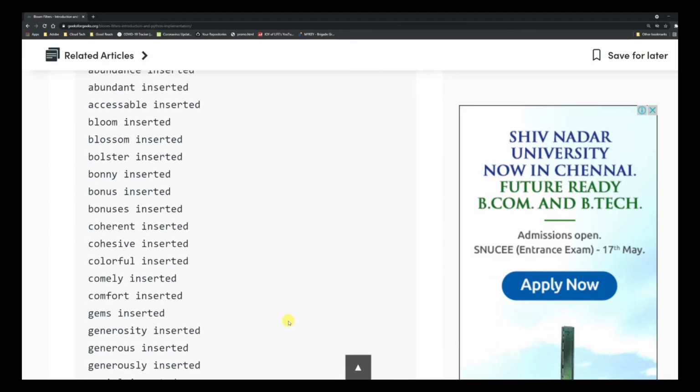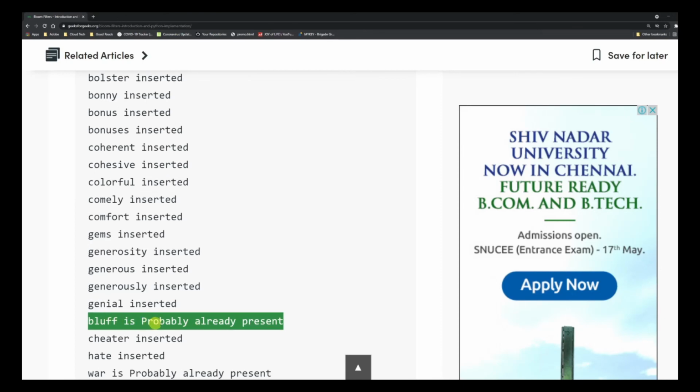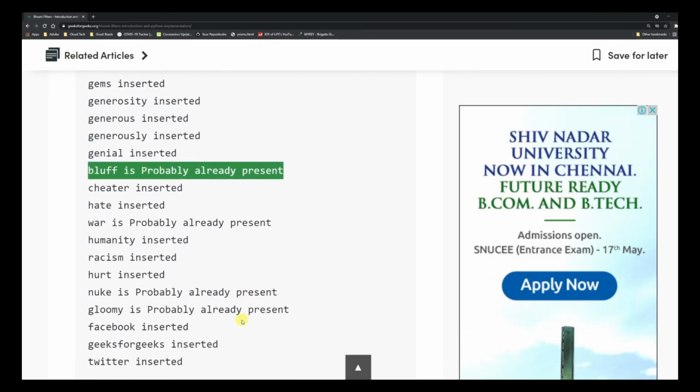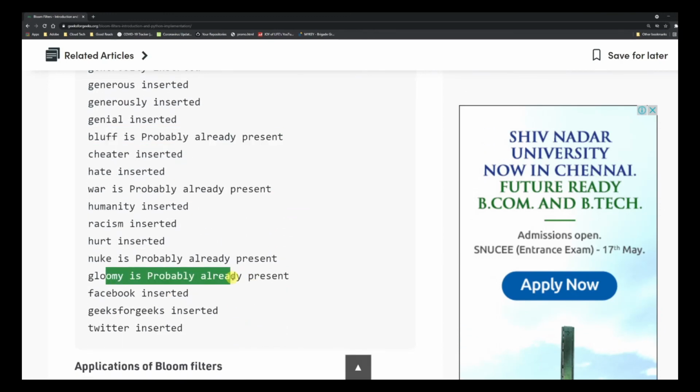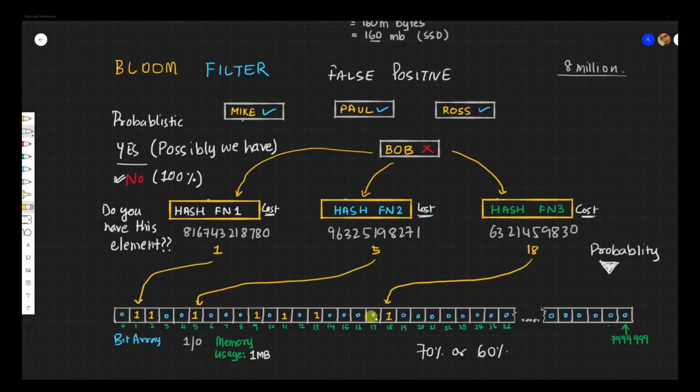You can see that here, there was no such output. It's saying that it's probably already present. It's not saying it is present. It's a probabilistic data structure. Again, it becomes unreliable, because as your number of inputs grows, the bloom filter's accuracy, as we have discussed, goes down drastically, because you have barely any zeros available. So whatever you give it, it will say it has already been seen.